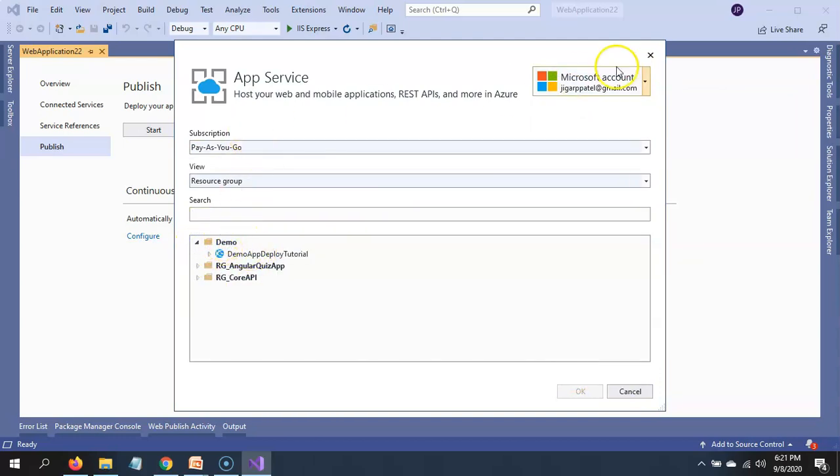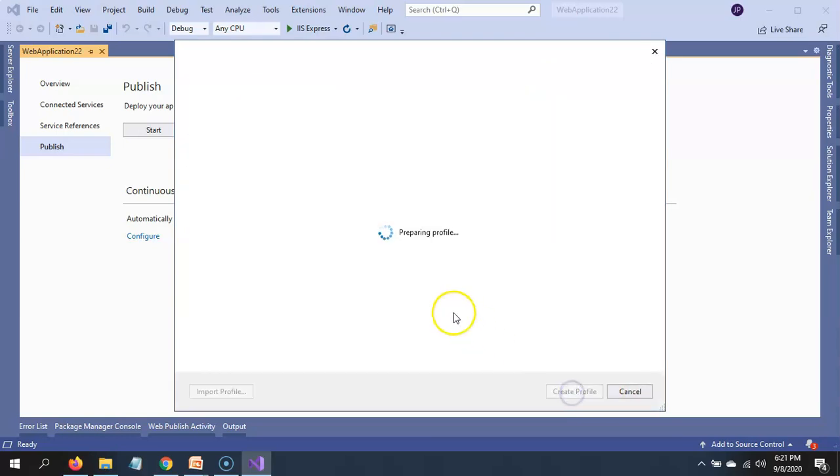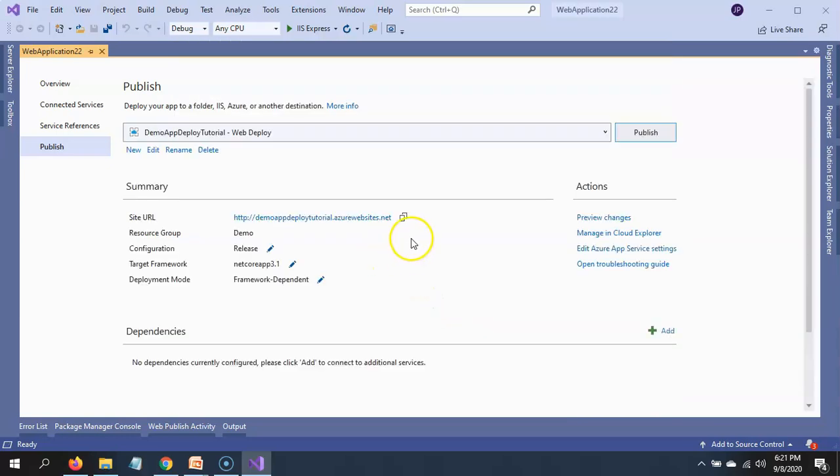Okay, so once we logged in into our account, you can see that it allows us to select subscription, then view by resource group, and we can see that our app service is visible in demo resource group. So just select it and click on OK, and then click on publish.